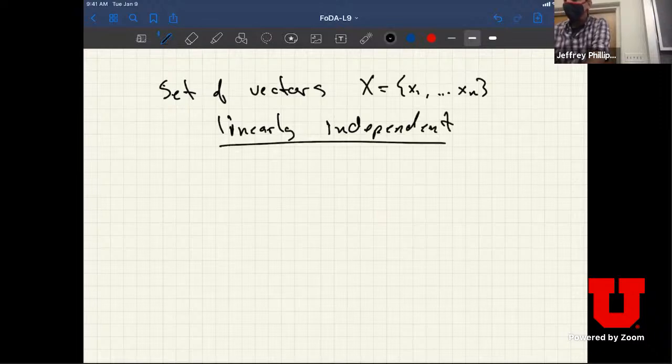Now I'm not measuring a set V against another vector. I'm saying these vectors themselves are linearly independent if the following property holds, for any xi,